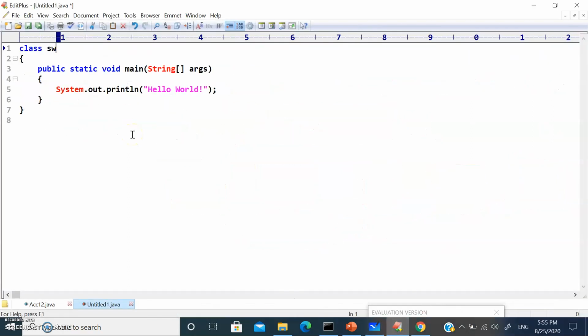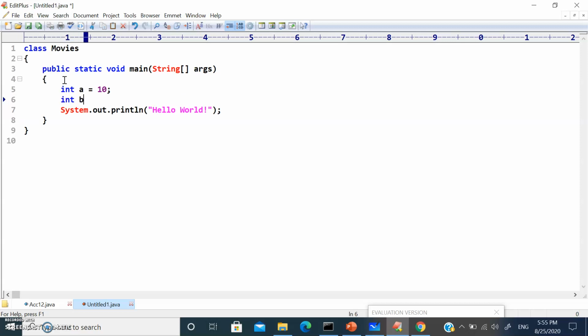Okay, let's take movies. Let's take int a is equal to, sorry, int a is equal to 10, int b is equal to 20, int c is equal to 30.